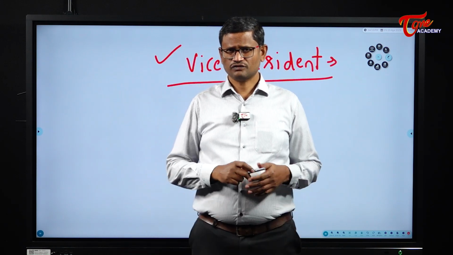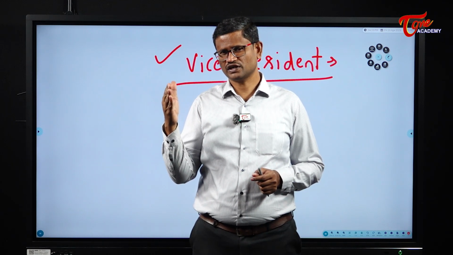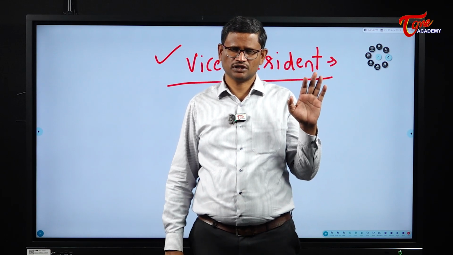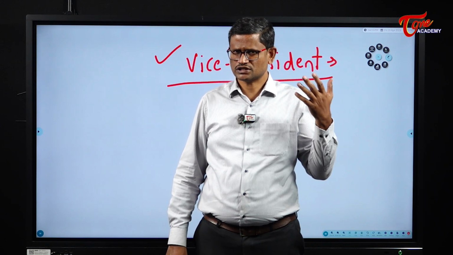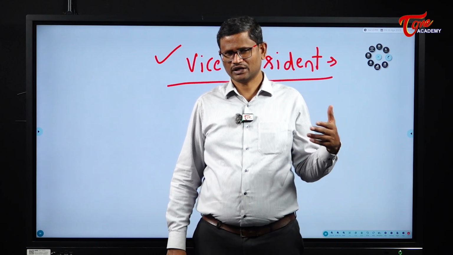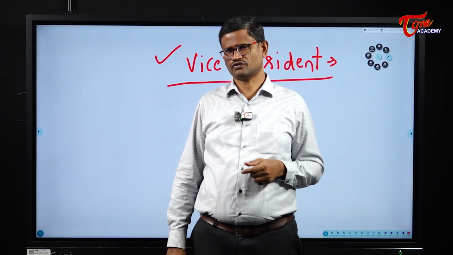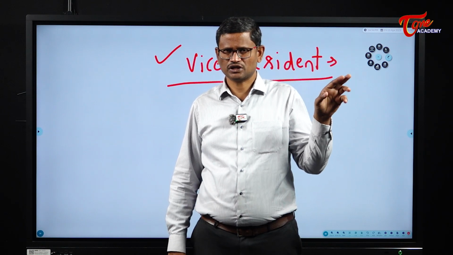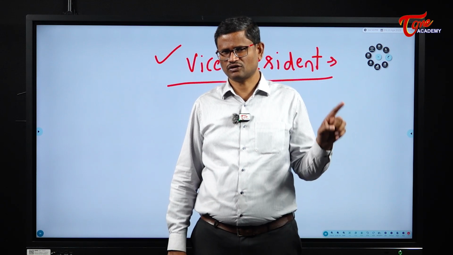See, the office of the Vice President in India is modeled on the lines of the office of the Vice President in the United States of America. In other words, it is borrowed from the office of the Vice President in USA. In the United States, the American Parliament is bicameral. We all know that. It has two houses. The upper house is called the American Senate. The lower house is called the House of Representatives. The Vice President of USA will preside over the American Senate. So the presiding officer, the chairman of the American Senate, is the Vice President.